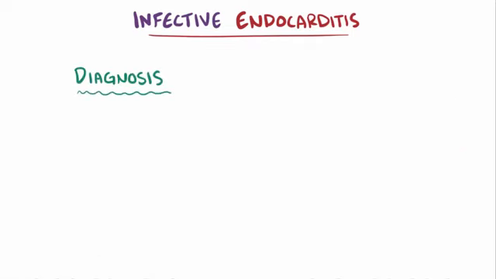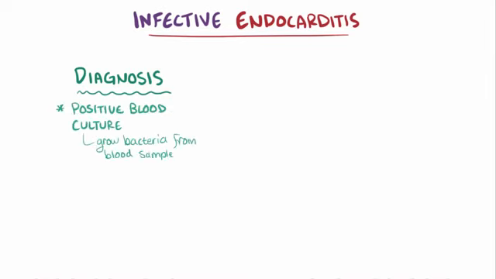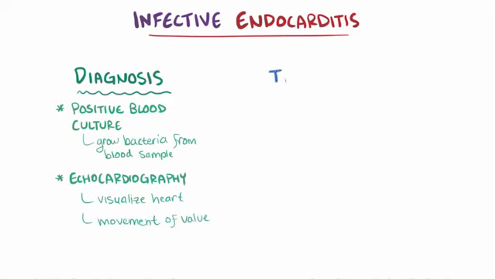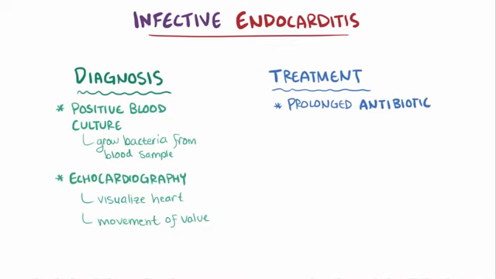Diagnosing the cause of infective endocarditis typically involves getting a positive blood culture, which is literally growing bacteria from a blood sample. Echocardiography can also be used to visualize the heart and look for vegetations or more subtle clues like the way the valve's moving. Depending on the organism that caused the infection, a prolonged course of antibiotics will likely be used